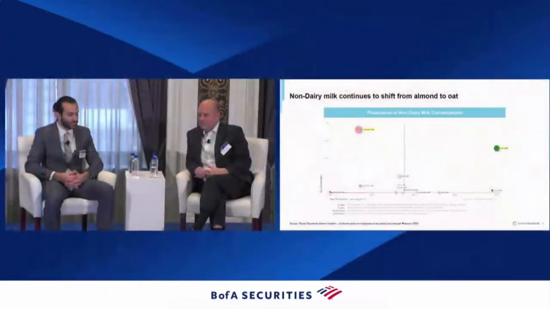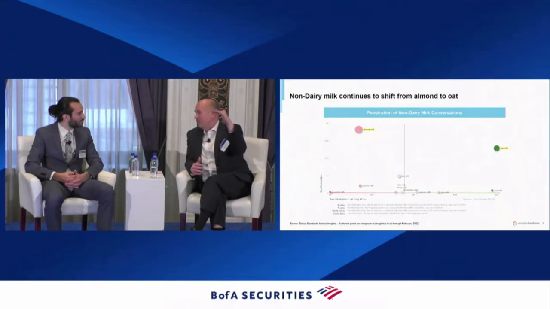And then when we look at the conversations within plant-based dairy, I think you had a chart before that showed how almond and oat are still the biggest, but almond is declining. Does this give us a sense that maybe there's a non-dairy milk ceiling, if you will? Meaning, there's a certain subset of consumers who will use it for certain occasions, but maybe there's not a major transition from cow's milk